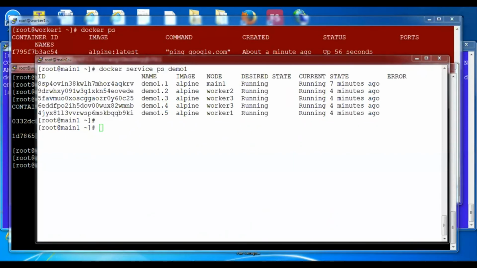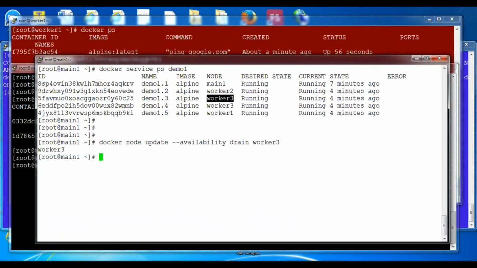To do that, we have to run the command from the manager: docker node update. This command will help us put the node into maintenance mode, and we have to say drain. Once we drain that node, it will go into maintenance. For example, let's drain worker 3. Now worker 3 is in drain mode.